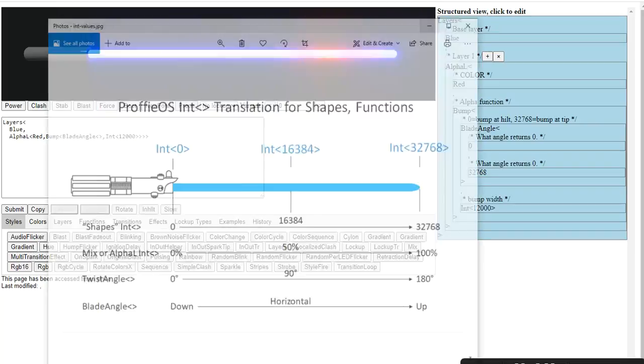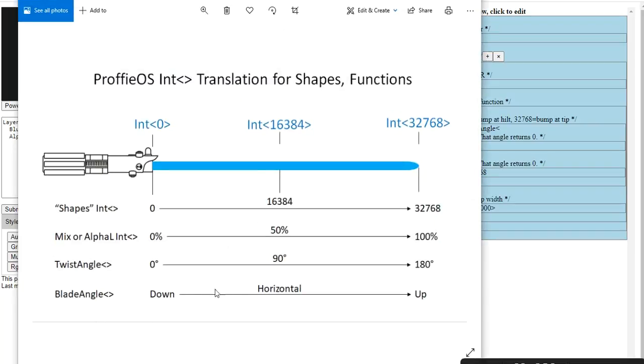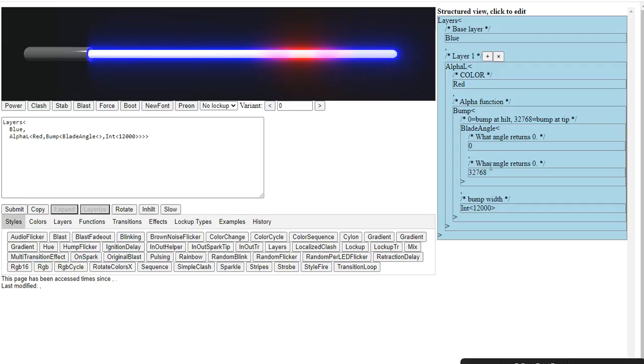So down is going to be 0, up is 32,768, and anywhere in between is going to give you that other value. When the blade is horizontal, technically it's going to be 16,384. So this function acts the same, but it responds to the blade angle. This is what gives a lot of the responsive capabilities now, this function as well as the twist angle function. So now, if you loaded this style up in this form, this red dot, and this is actually one of the ones I did in my proof of concept,